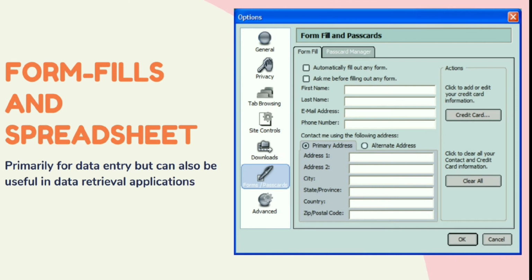Next, hard copy metaphor, used for data entry and specific data retrieval operations. Good for